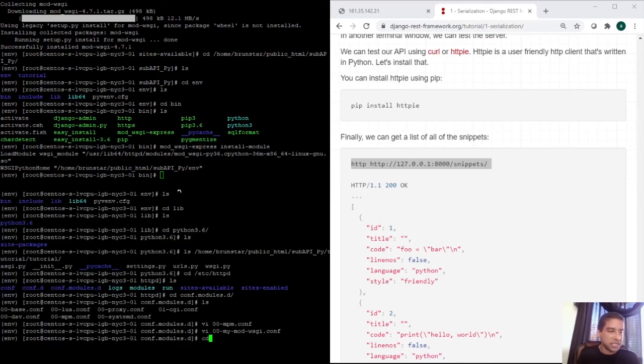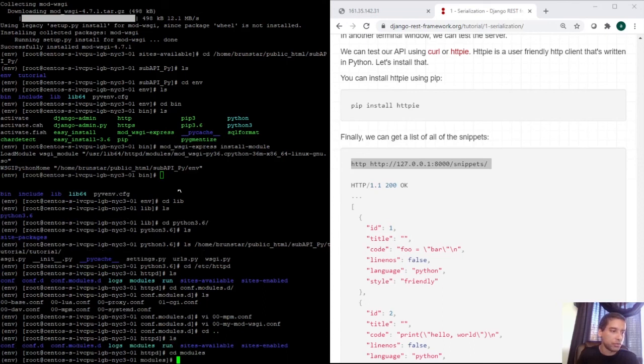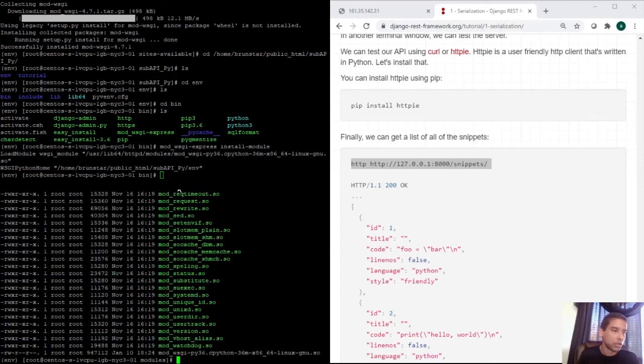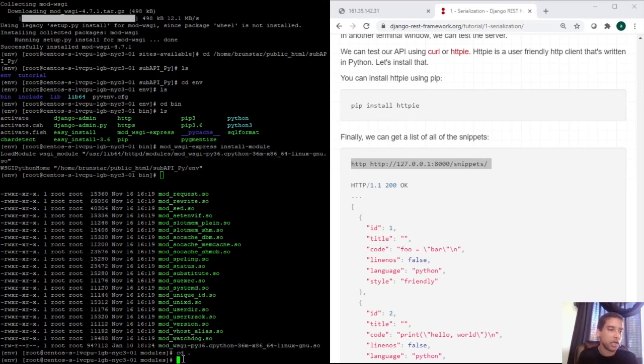I'm actually going to cd up one, and I'm going to go to modules. You also notice that it was installed here, right? So this is another way that you can reference it. It put it in both places. It put it into the lib64 directory, and it also put it into your modules directory. So instead of linking to that directory in lib64, we can link it right here the way the other ones do. So let's go back one,